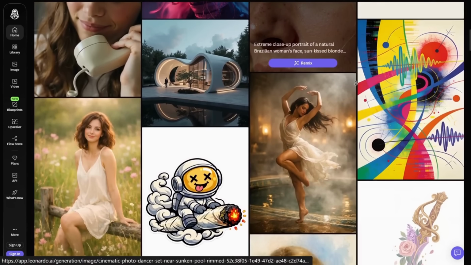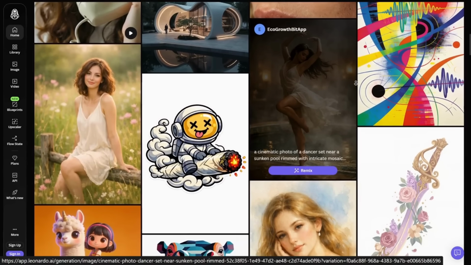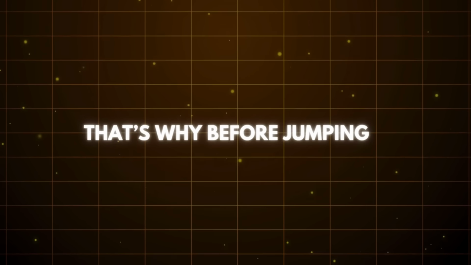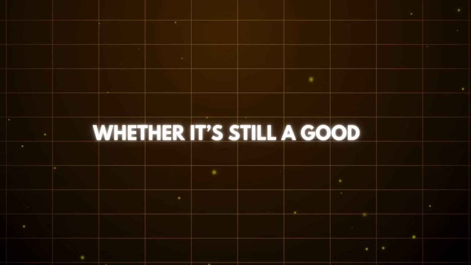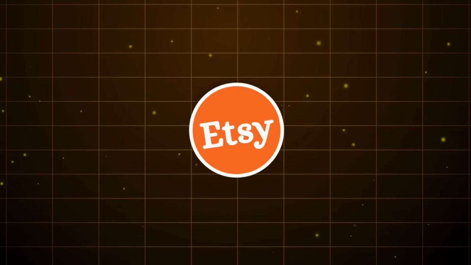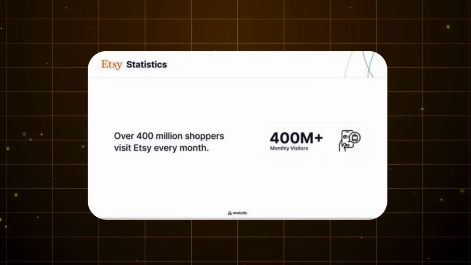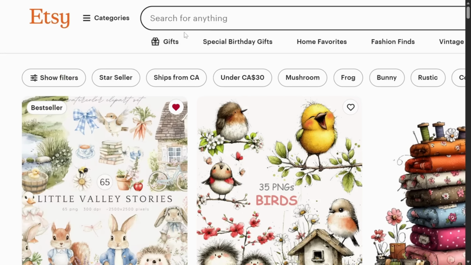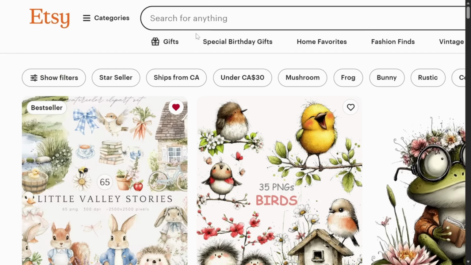Even if you have access to powerful AI tools, creating something people are not interested in will limit your results. That's why before jumping into the design phase, it's important to first understand what people are actively searching for and whether it's still a good opportunity today. Since we're creating a digital product, we'll focus on a platform like Etsy, which has a large and active customer base. The first step is to go to the search bar and type in the type of product you want